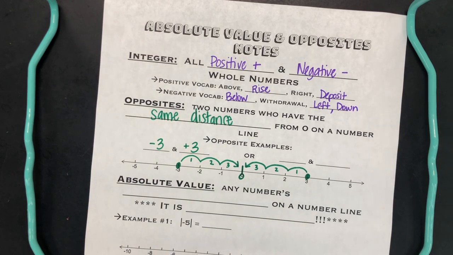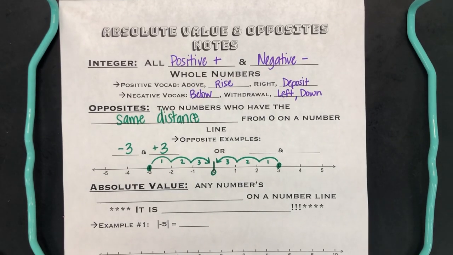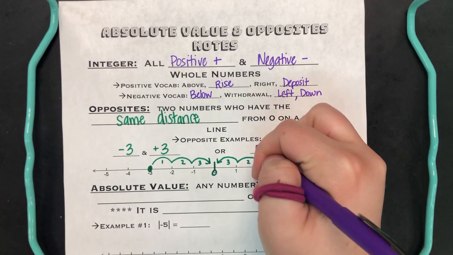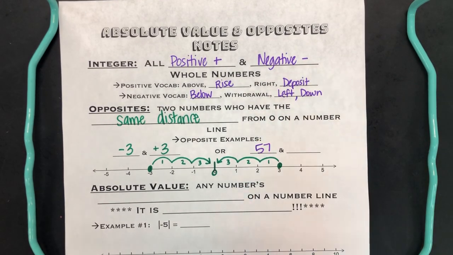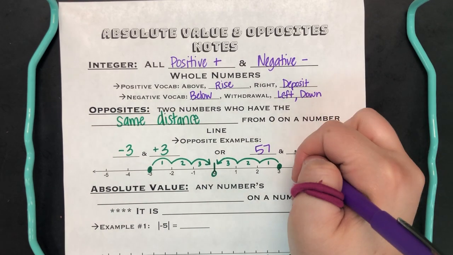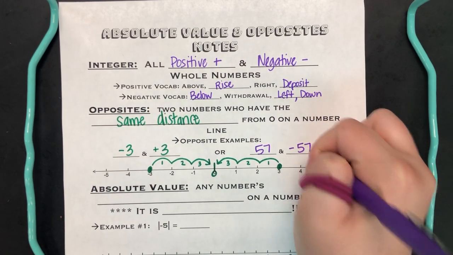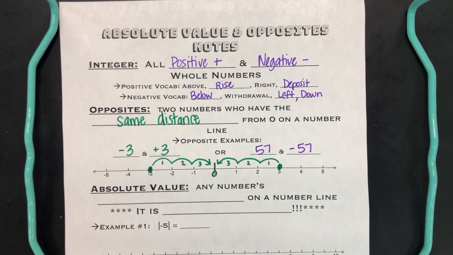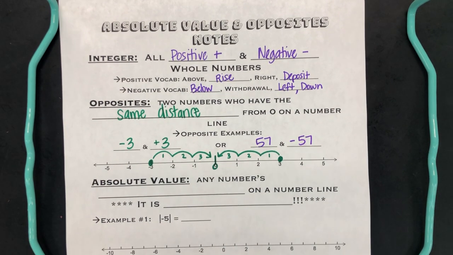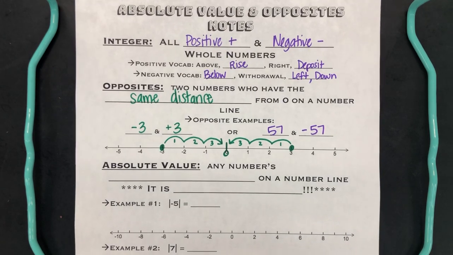So another example would be, let's say 57, right? 57 is a positive. So the number that would have the same distance to 0 would be -57, okay? So those are opposites. All right, and then the last vocabulary word we're going to concentrate on is absolute value,